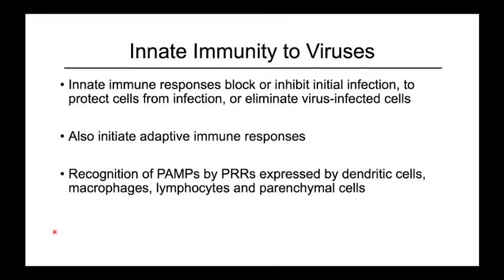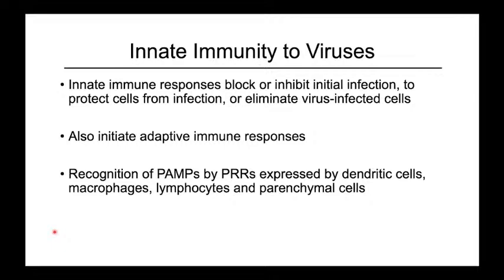And then the cellular responses would help to eliminate virus-infected cells, and even some of the soluble responses like complement. Remember, one of the major functions of complement is to cause cell lysis, okay? And the other important aspect of the innate immune cells is to activate the adaptive immune responses. So for that to occur, of course, the cells of the innate immune response, your phagocytes, dendritic cells, have to recognize that there is a foreign